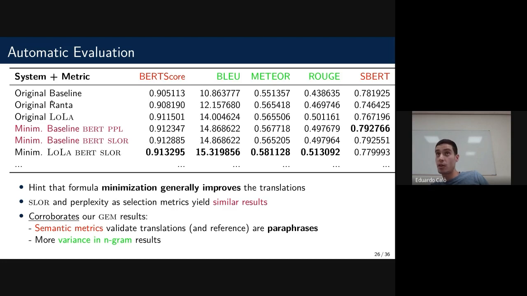They are very similar across systems, and you get more variance in n-gram-based metrics. Which is what we expected. Again, something that we need to be very careful about is that the results from these semantic-based metrics need to be taken with a grain of salt, because